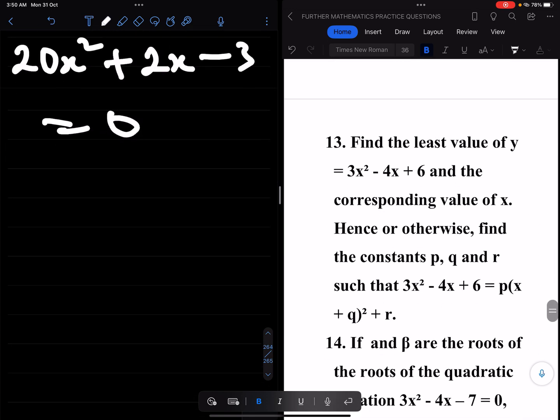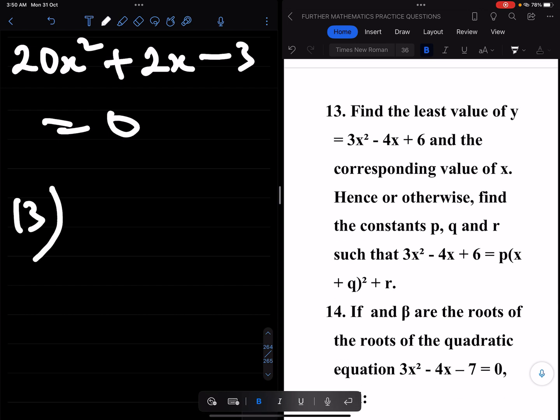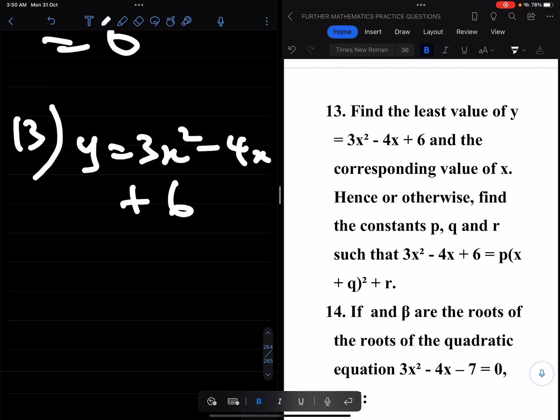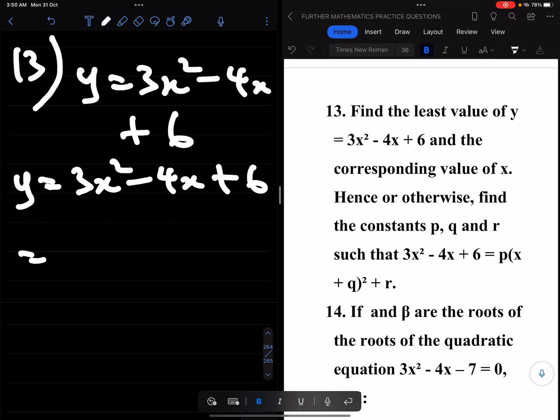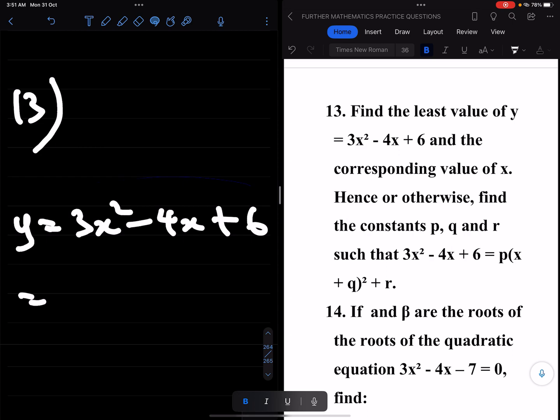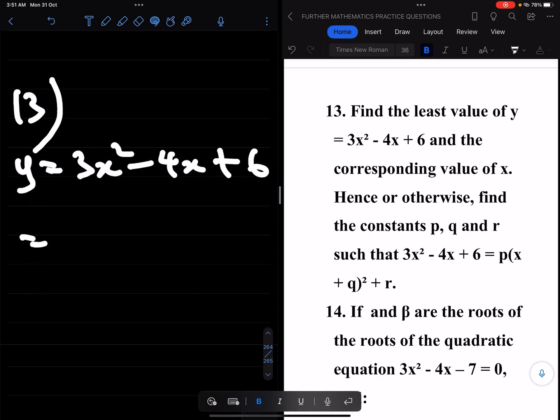Now I go straight to the next, which is number 13. Find the least value of y equals 3x squared minus 4x plus 6 and the corresponding value of x. Okay, to find the least value of y equals that, let me write that on a single line. 3x squared minus 4x plus 6. That's going to be equal to,